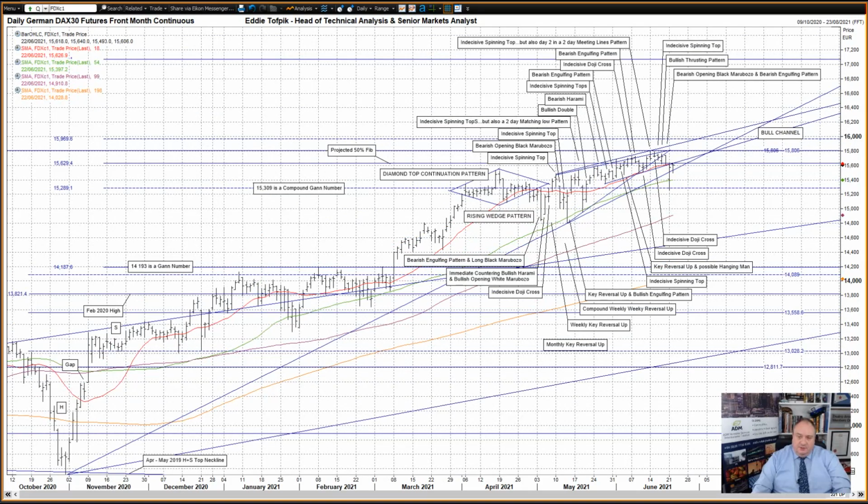German DAX futures. Okay, it is all getting a bit precious now. A gapping lower since filled in, bullish white soldier yesterday. The market gapped down to open at the very gently rising short medium moving average, currently at 15.397. Then dipped further down to the 38.2 projected Fibonacci line at 15.289,